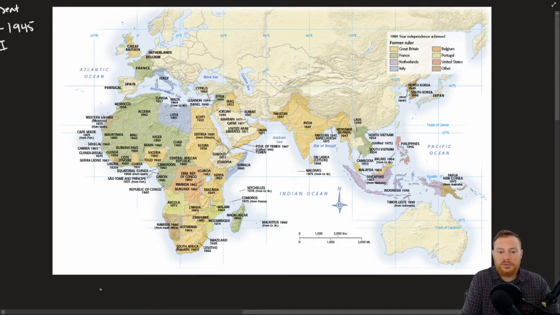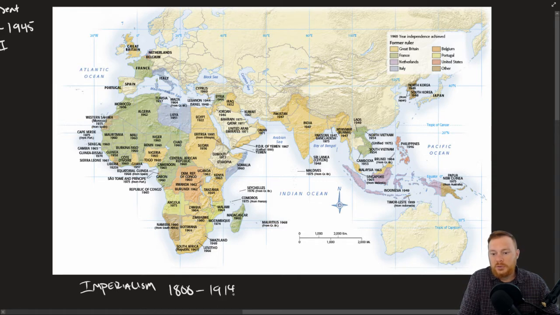So recall that during the era of imperialism, which we covered in a previous chapter, roughly the year 1800 to typically 1914. That was when World War I broke out. But remember that during World War I, most nations did not become independent. It's only through the process of decolonization, a time period roughly we'll say 1945, the end of World War II, roughly up to 1991. It really just kind of depends. It's kind of an ongoing process today.